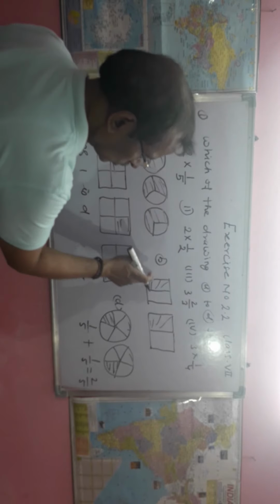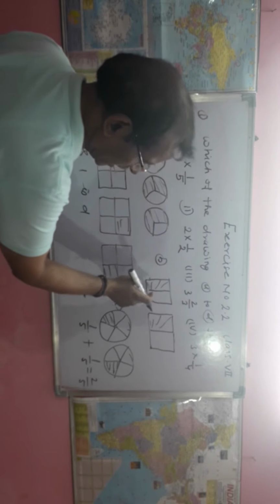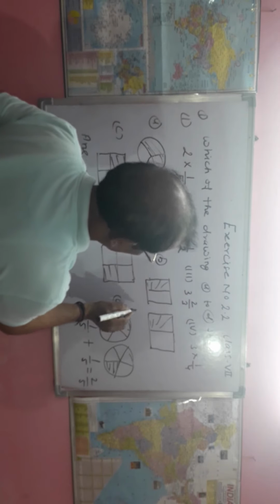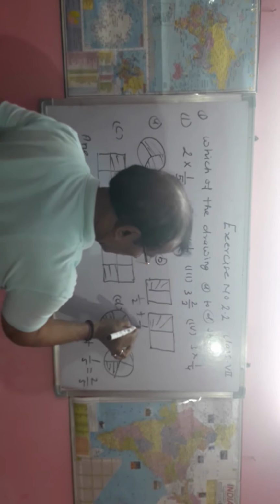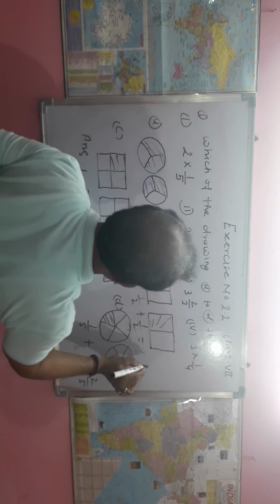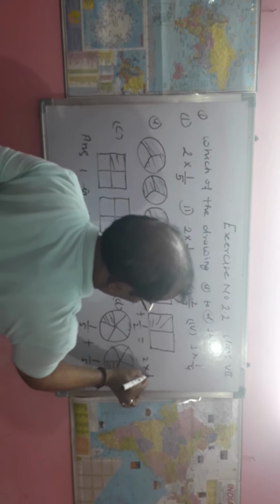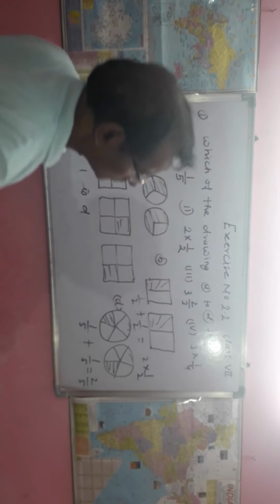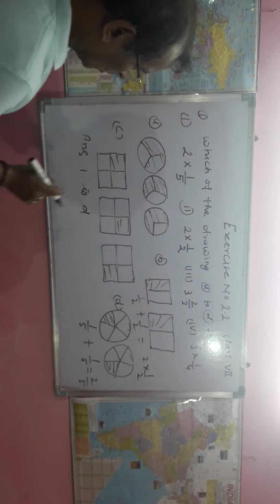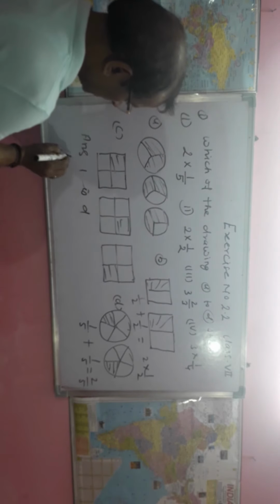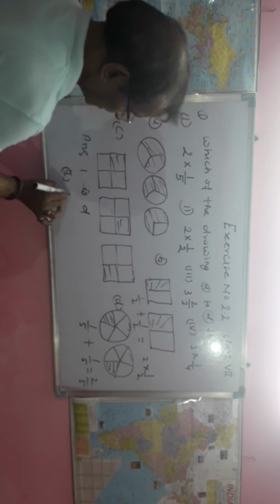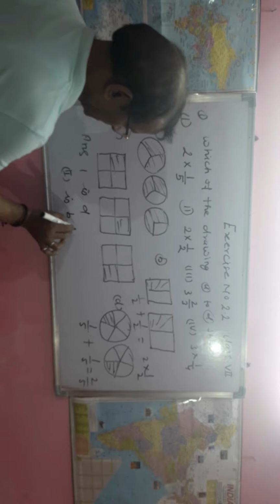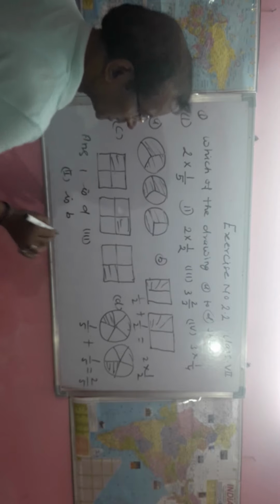Here 1 upon 2 part is here, plus 1 upon 2 here, then we get 2 multiply 1 upon 2. Similarly, 1 upon 4 means the second part, answer is B. Now the third part,